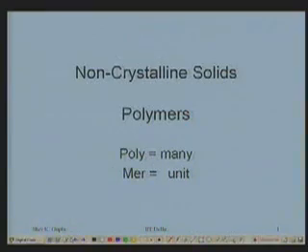Continuing with the non-crystalline structures, we move on to look at other non-crystalline structures which are polymers, particularly the organic polymers. Well, as you have read in school, polymers means many units. Poly word means many and mer means a unit. So the many units means many mers are there, could be in the range of 10,000 to 100,000 mers in one molecule which we are now looking at. That's why it is called a polymer.